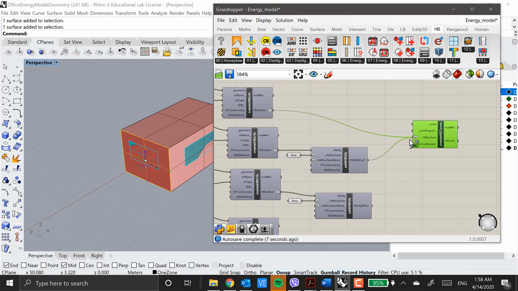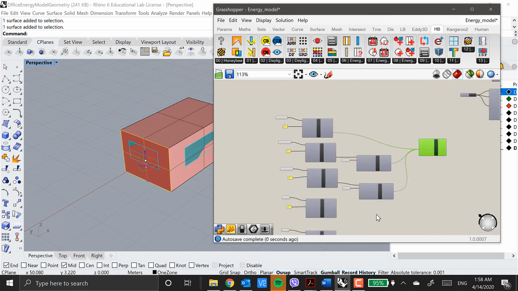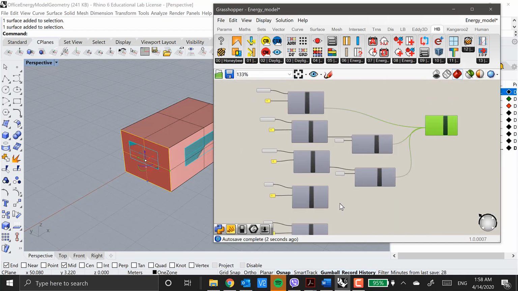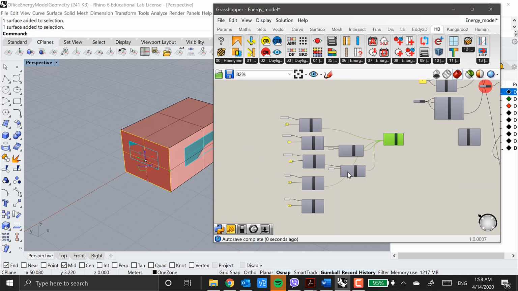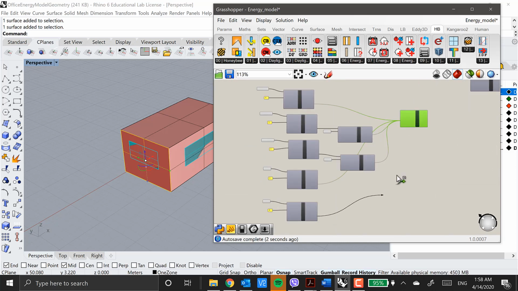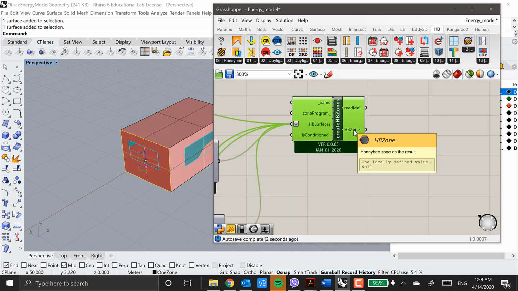Hold down shift, keep holding shift, and the last two here, the floor and the roof, this one and this one. So now that's a zone, and you should get